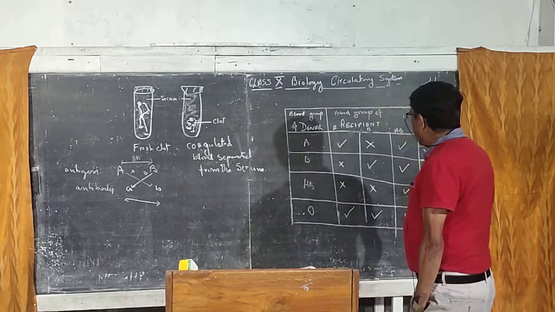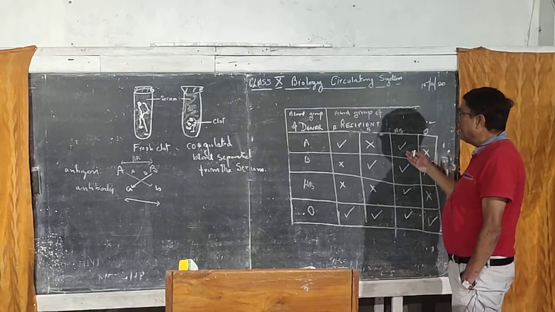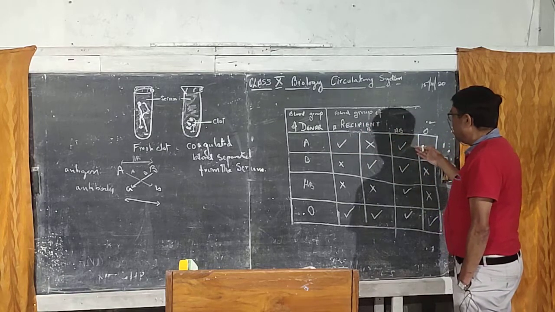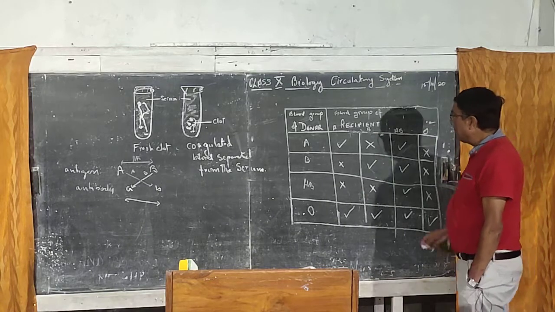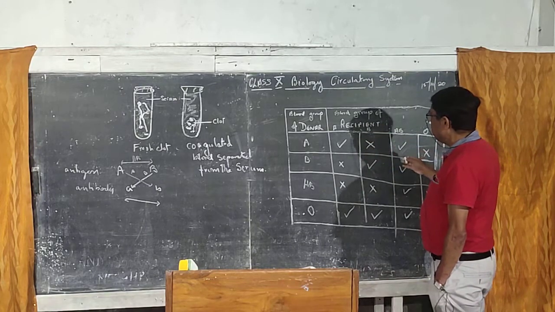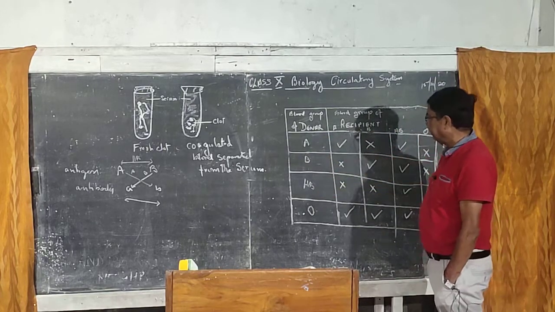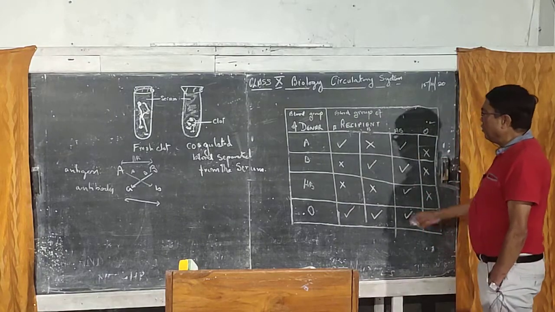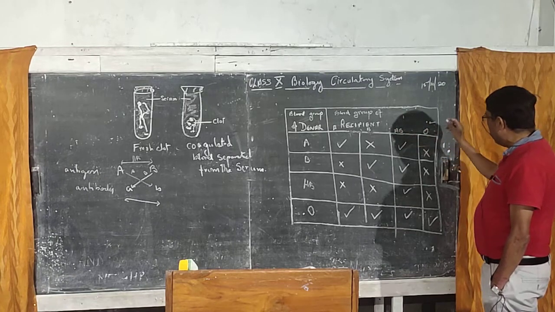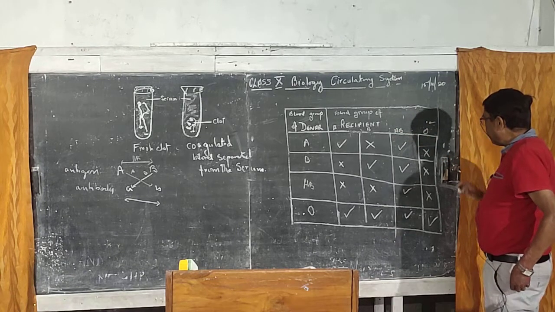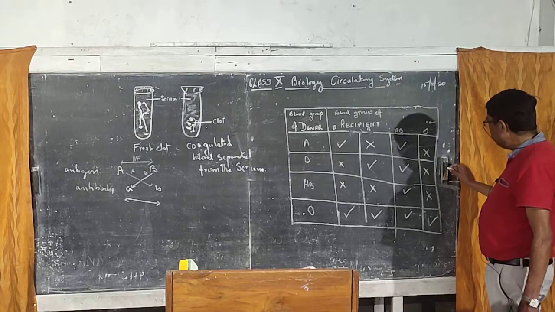Now, how to identify who can take which group of blood and who can donate which type of blood? Here is a simple chart. This one is the recipient, meaning the one who receives, and these are the blood groups of the donor. There are four: A, B, AB, O, for each. Now see, you start from the right hand side column. Here is an easy way to remember this group combination.